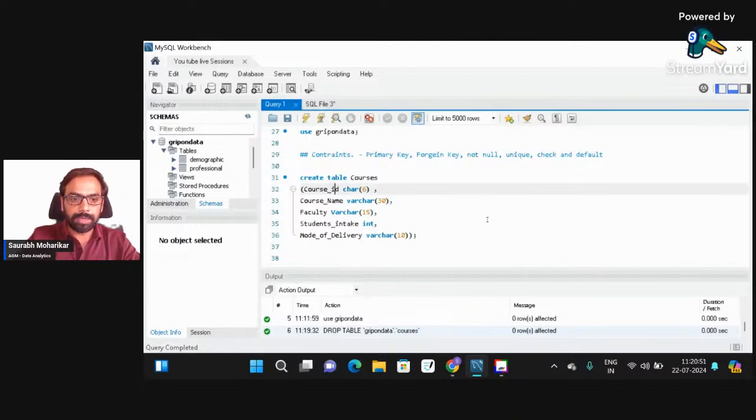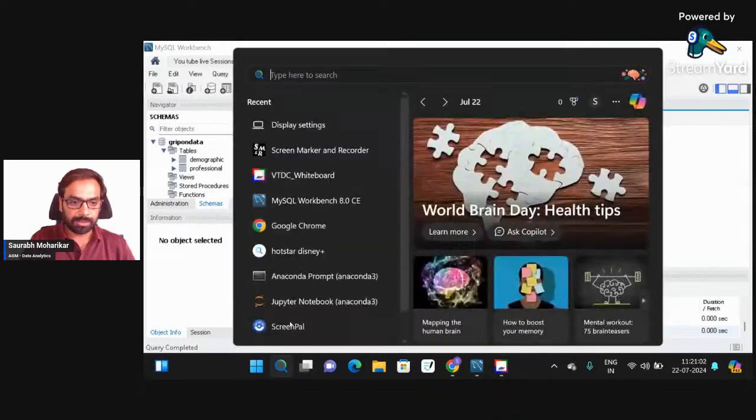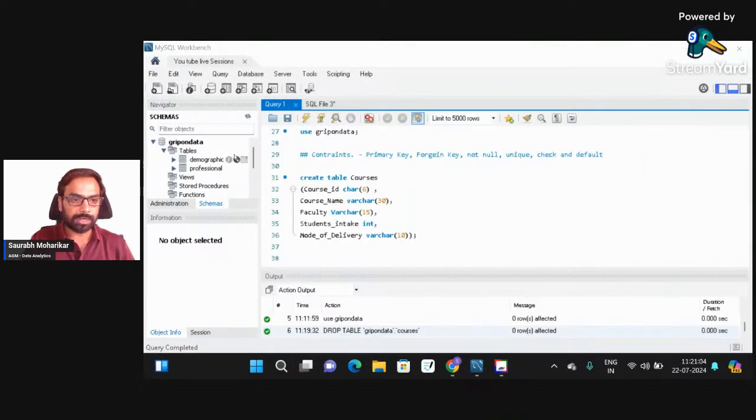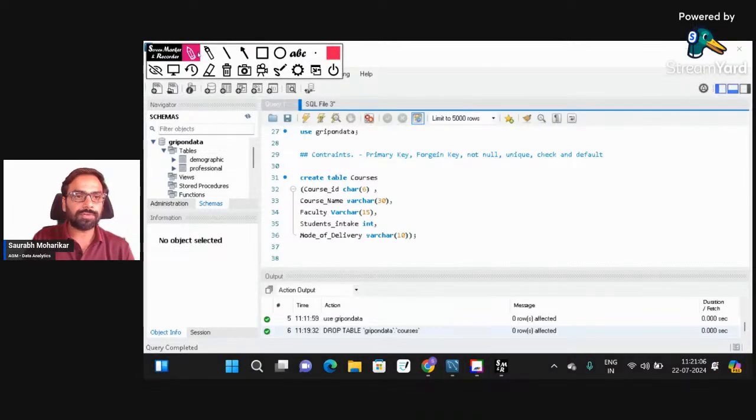Now मैं यहाँ पर क्या करूँगा, constraints दूंगा. I'll go and give constraints over here. Now पहला constraint जो मैं देख रहा हूँ, पहला restriction है, that is called as not null. हाँ, मैं यहीं पर annotate कर देता हूँ screen के ऊपर so that all of us can understand what we are talking about. The first one I'm going to take is not null. Not null का मतलब है